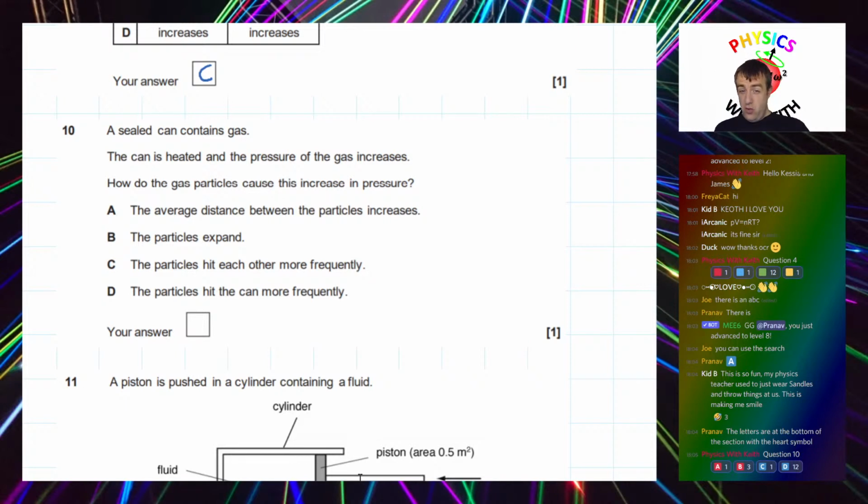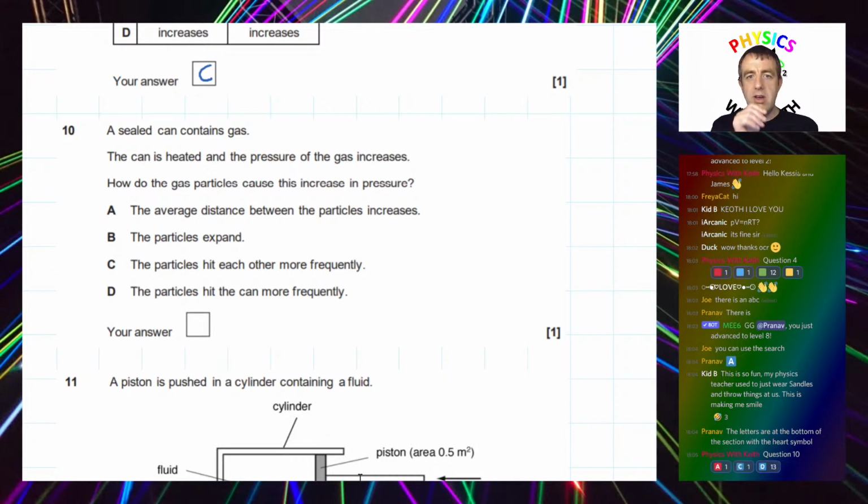It is true that if I have a fixed quantity of gas in a vessel where the volume of the vessel can change, and I increase the temperature, the pressure increases, and then the volume increases in response to that, then the average distance between the particles would increase. That is true, but that would be to reduce the pressure again. That's what happens in real life. The pressure would then reduce because the volume would increase as you increase the temperature.